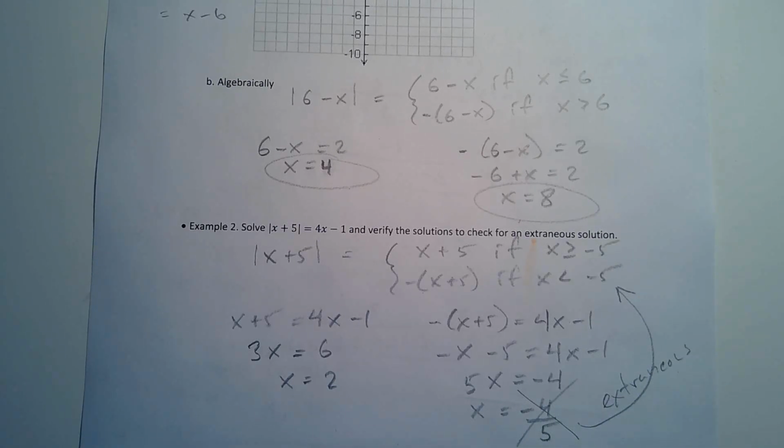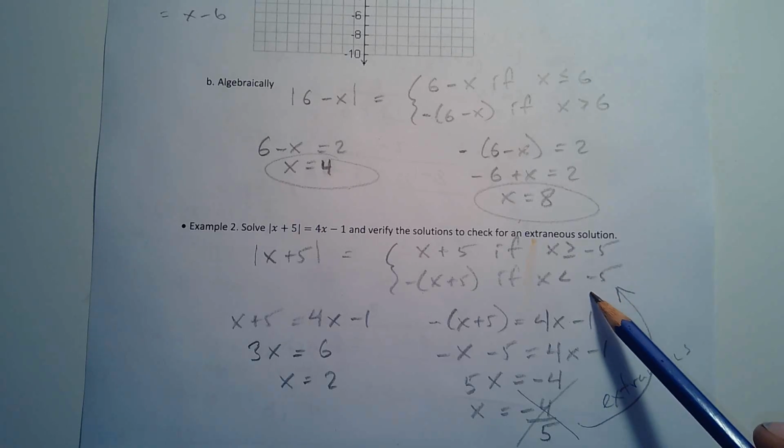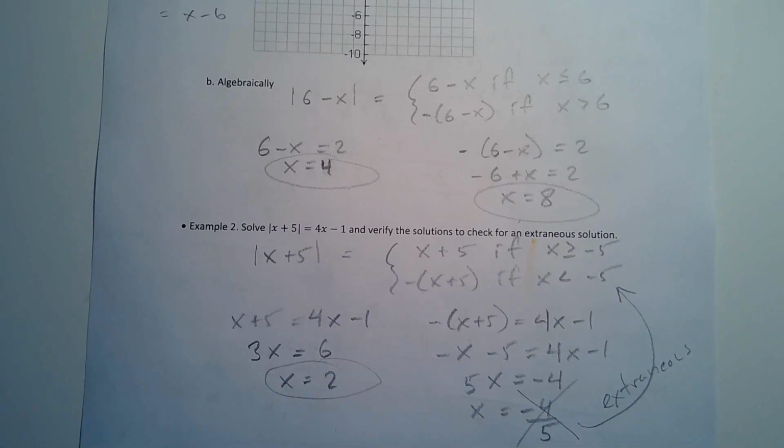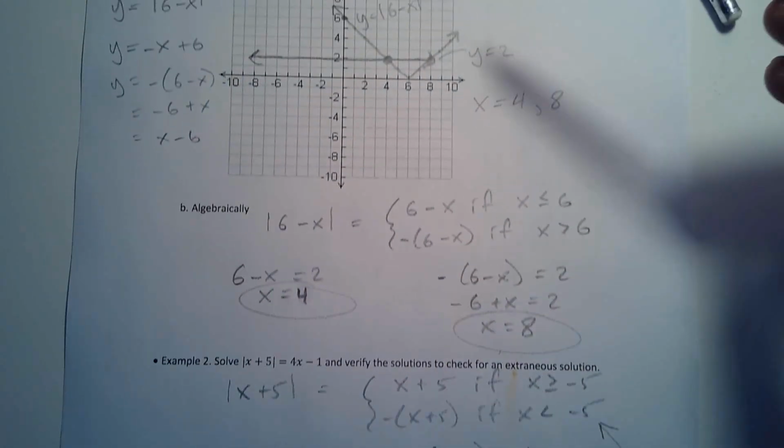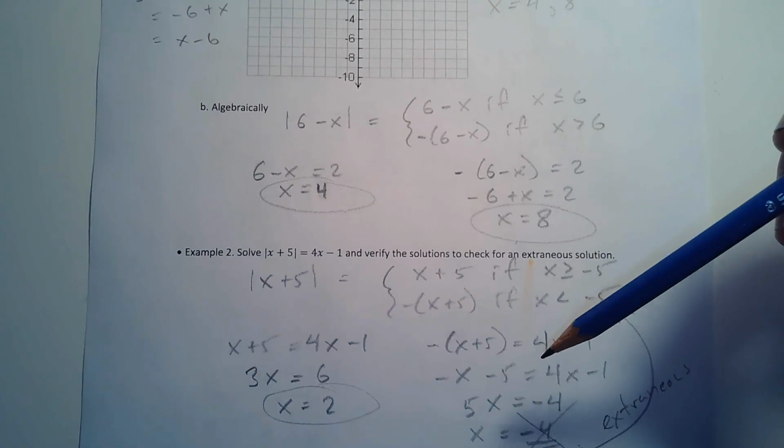Okay, so it's extraneous because it doesn't meet that criteria. So this is your only answer then. Okay, so you only have one answer for this one. And so in terms of how would that look? So for example, again, just go back to the graph here. You had two intercepts. So how would you be able to just get one